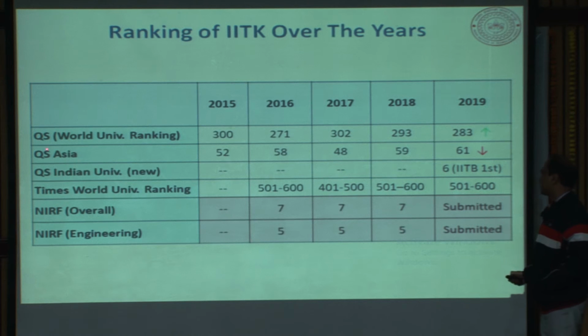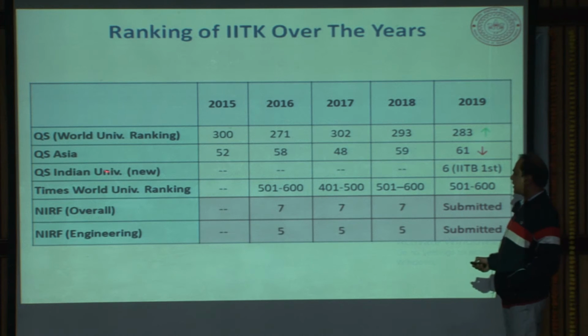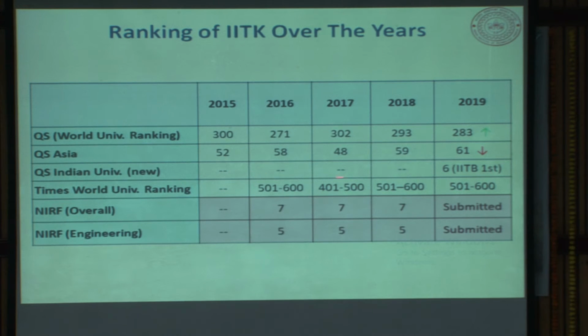And in the case of QS ranking based on the Asian institutes, we are at the 61 rank at this moment, because that was also started in 2015. So 2015, 52, 58, and so on. And then QS also started the ranking of the Indian university system. That was started in 2019 only, and at present we are in the 6th position, and IIT Bombay is